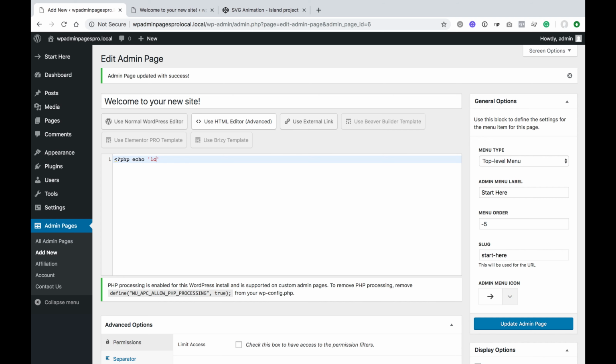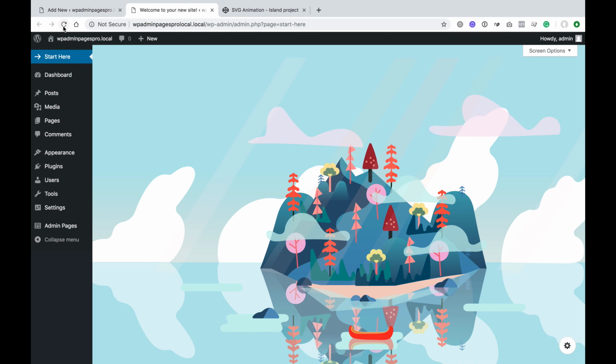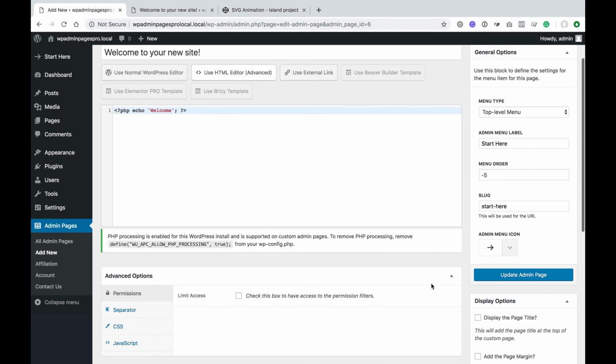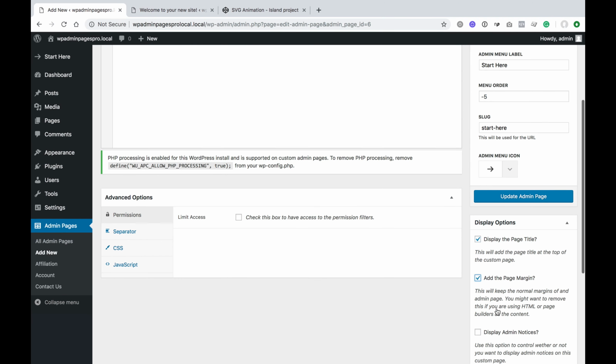So let's start simple and display a welcome message. If we save that and we refresh the page here, you can see that it displays the welcome message, and you can actually still